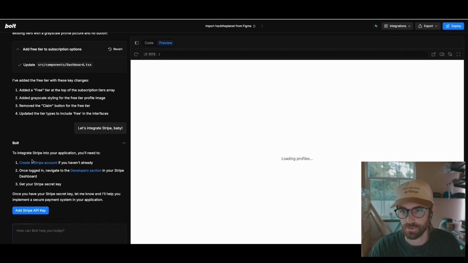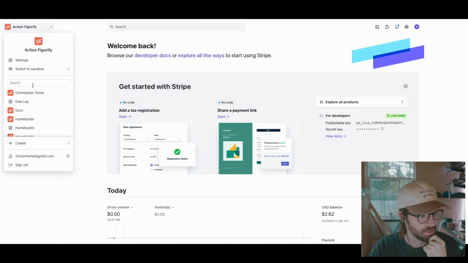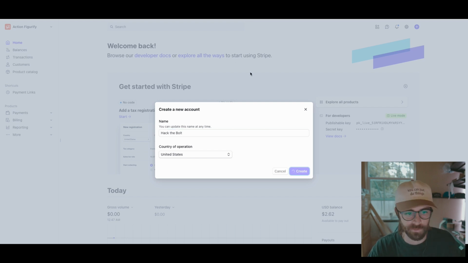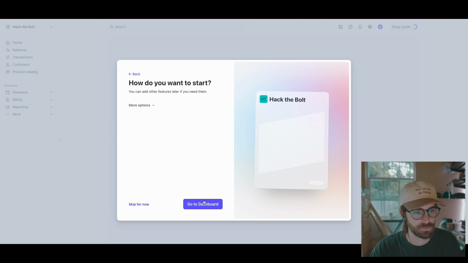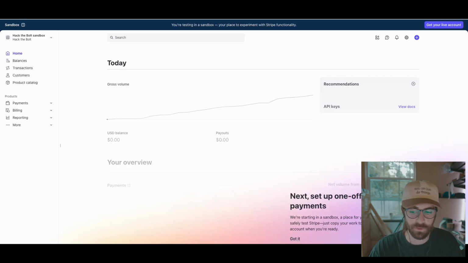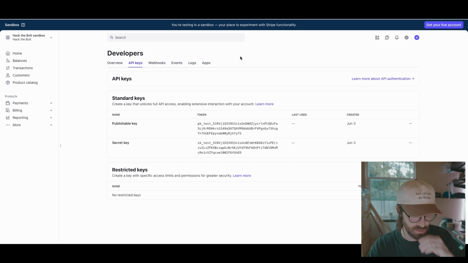Okay, so basically we're gonna go here. Oh, oops. And then we're gonna create a new one. So I have this. Create account. This one's going to be Bolt. Alright, the developers section is on the bottom left here. You just can't see it because my screen's recording. So we have these, and